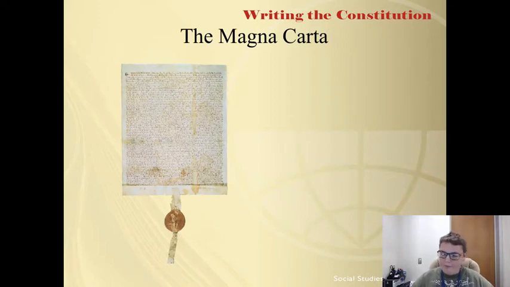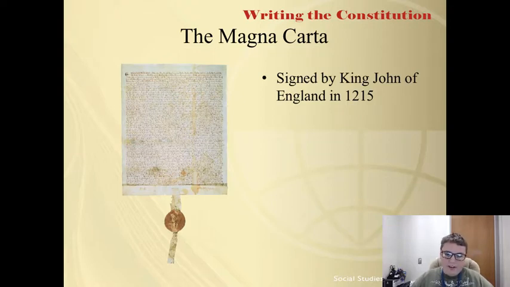The Magna Carta. One of the earliest constitutions can be found in the creation of the Magna Carta in 1215, compiled by the nobles of the kingdom. Signing the document, King John of England placed himself, as well as future monarchs, under the rule of the law.